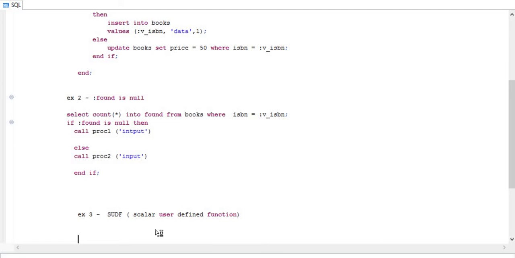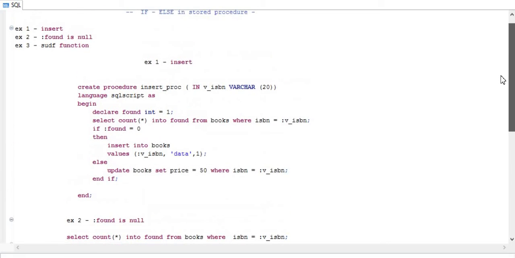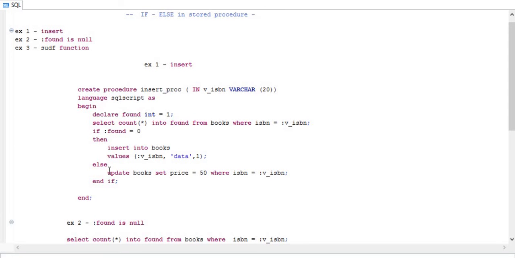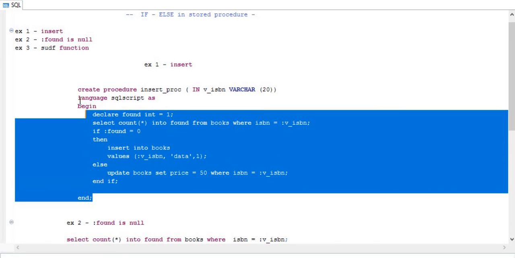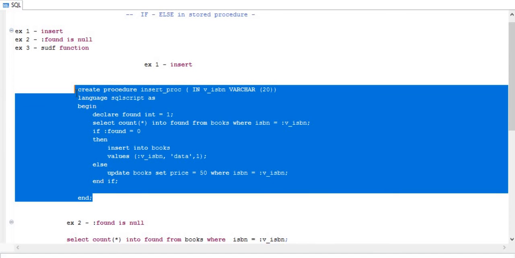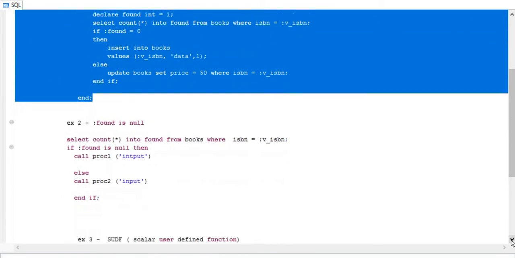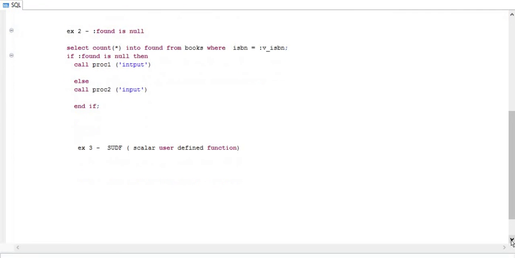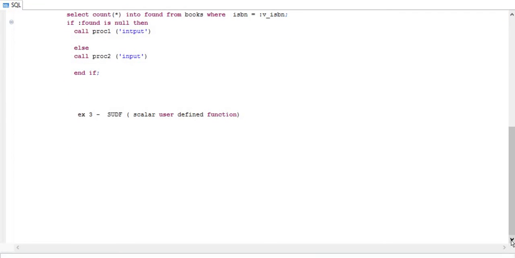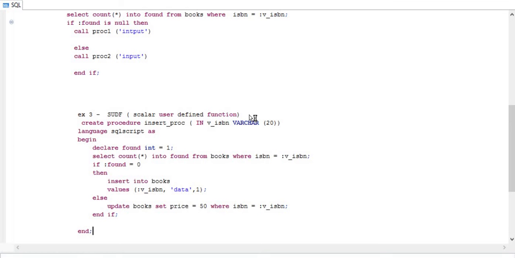In the same way, we will copy the procedure we have written above and utilize it. Let me copy this and paste it here again. I will remove the inner part of this procedure because we'll be writing a new example here.